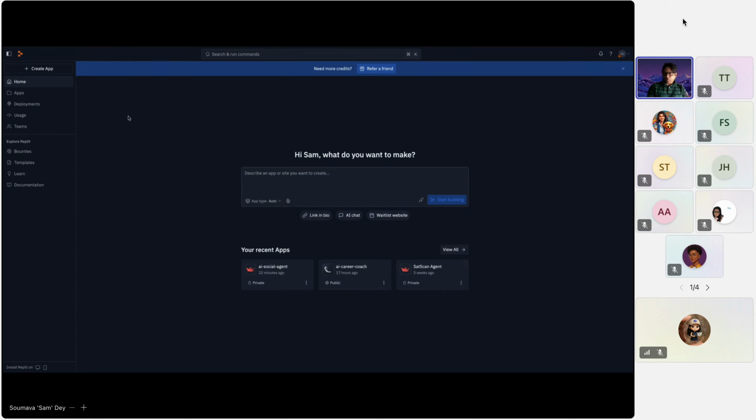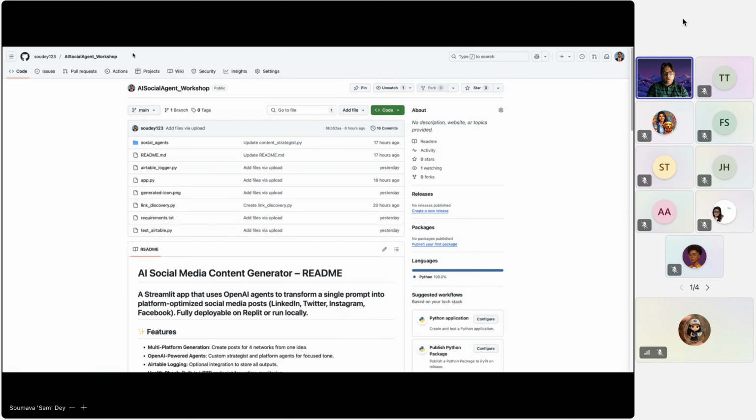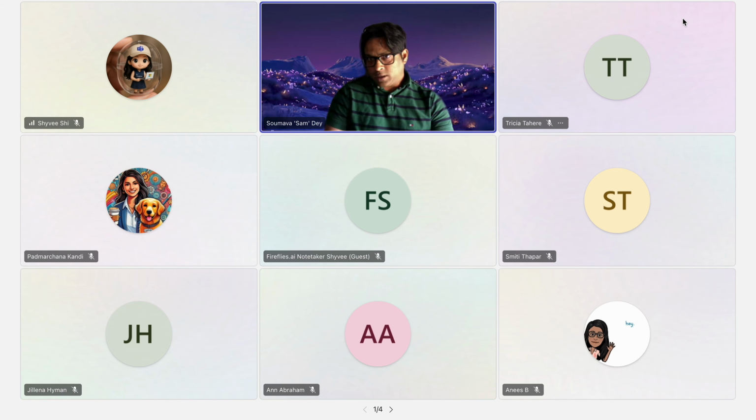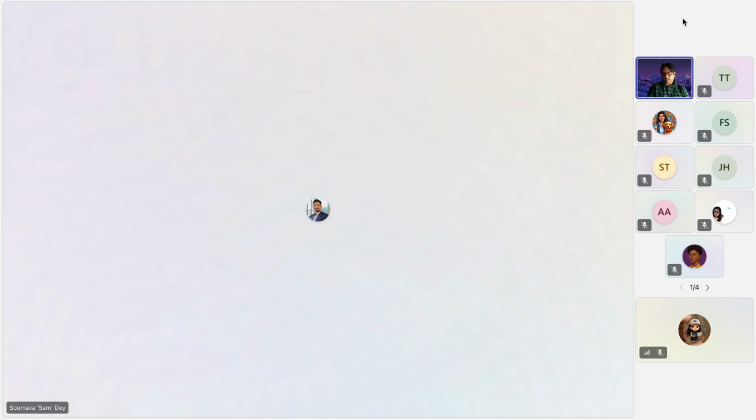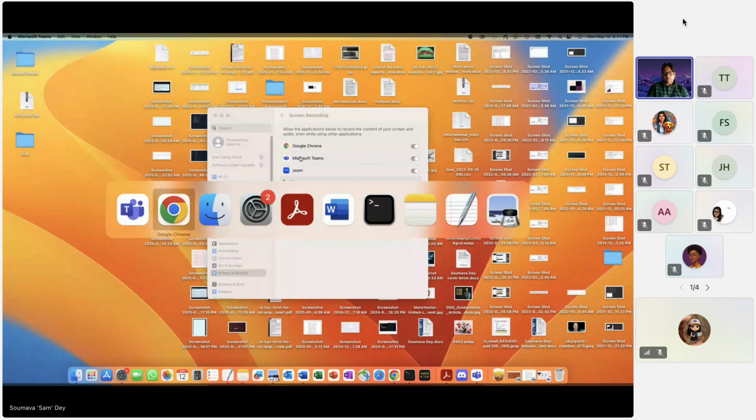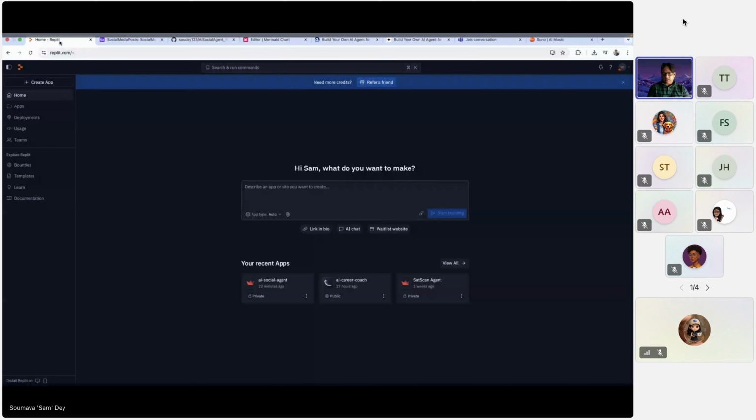I believe most of you have access to the GitHub repository. If you don't, I'm going to paste it one more time in the chat so you can have access to that. So this is the GitHub repository for all the source code. Now let me switch back to Replit and see how we can incorporate that GitHub repository